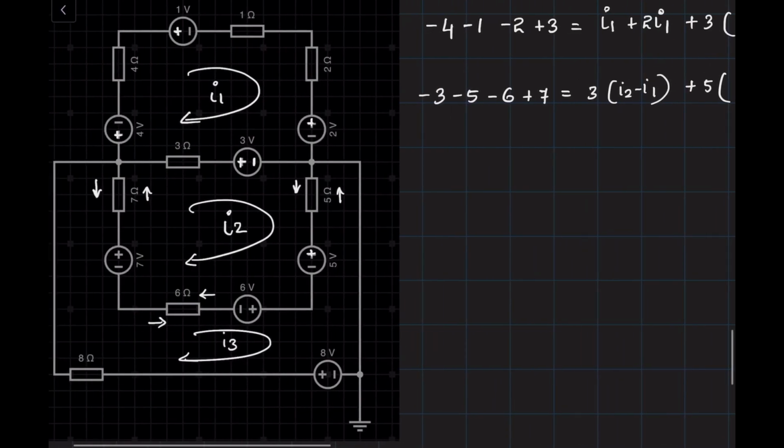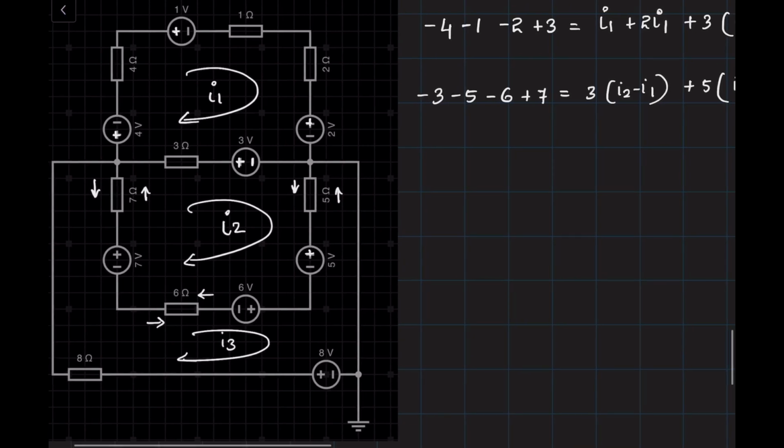Understood? Now what about the third loop, the last loop? In the third loop you can see the voltage source with positive side of the 7 volt while you are moving in the clockwise direction, so minus 6. Understood? Then you can see the negative end of the 6 volt, so plus 6. Negative end of the 5 volt, plus 5. Negative end of the 8 volt over here while you are moving in the clockwise direction. Okay, that is plus 8 equals